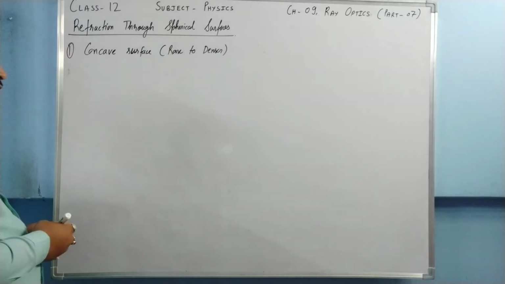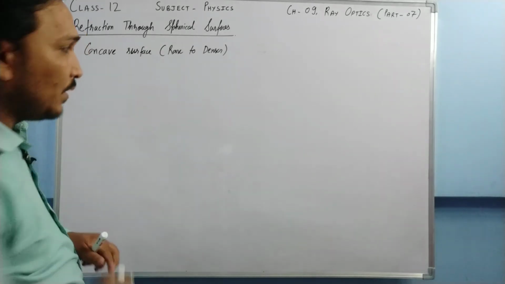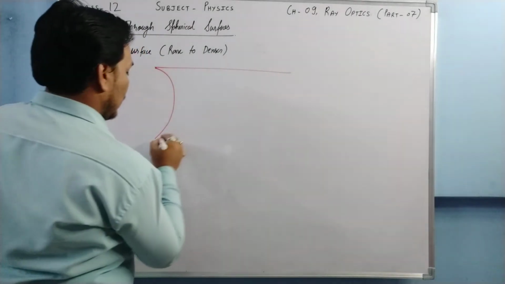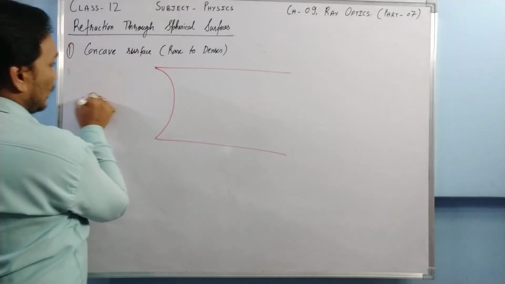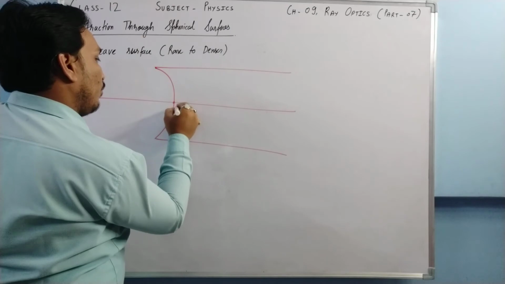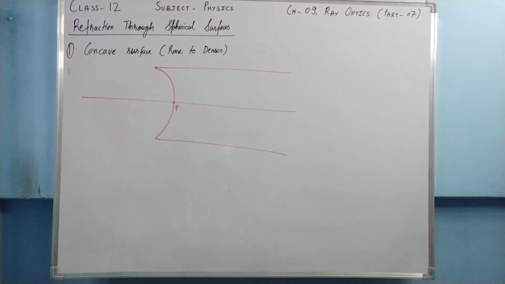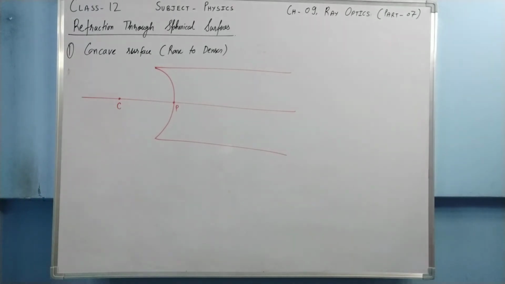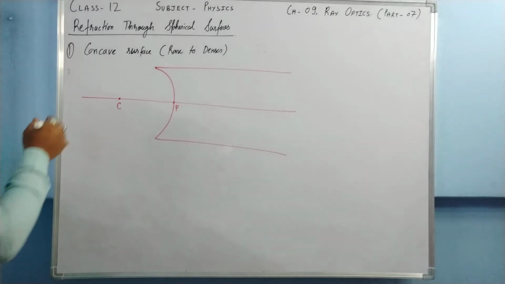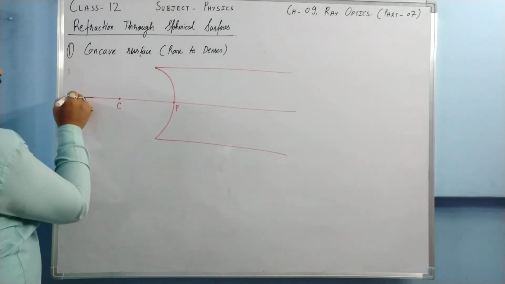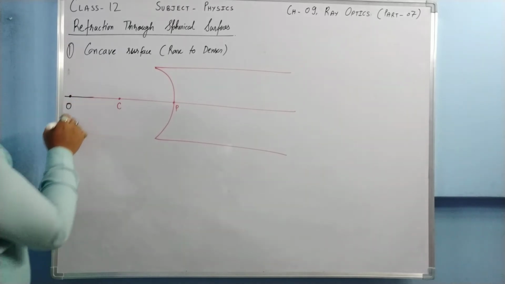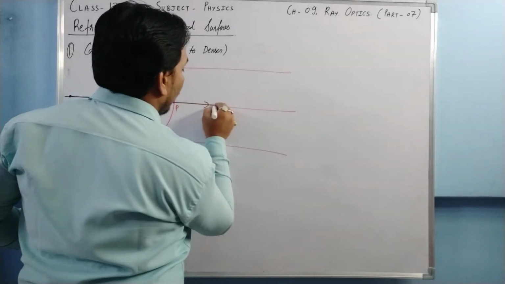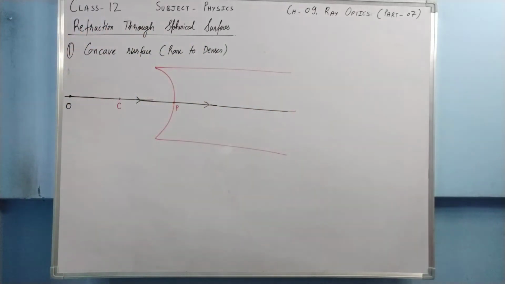Okay. So let us make the ray diagram. For concave surface, how the ray diagram will be like? So this is a concave surface. This is the pole of the surface, right? Midpoint of the aperture, and somewhere here its center of curvature will also be there, so let it be C. Now if the object is somewhere here, from the object one ray goes along the principal axis, it does not deviate, it goes in a straight line.